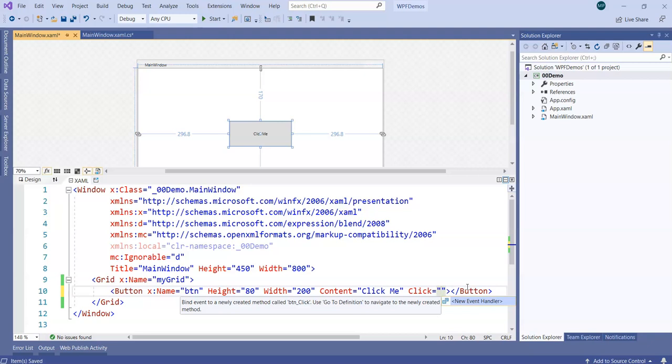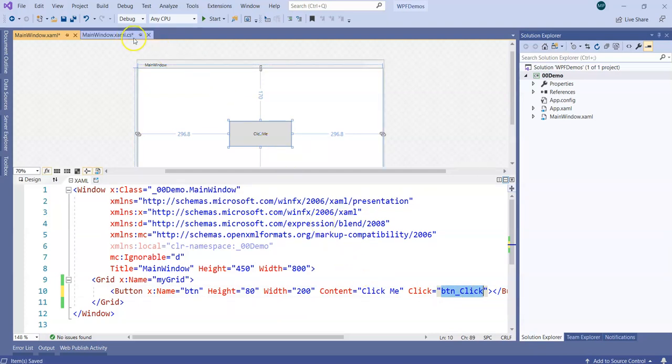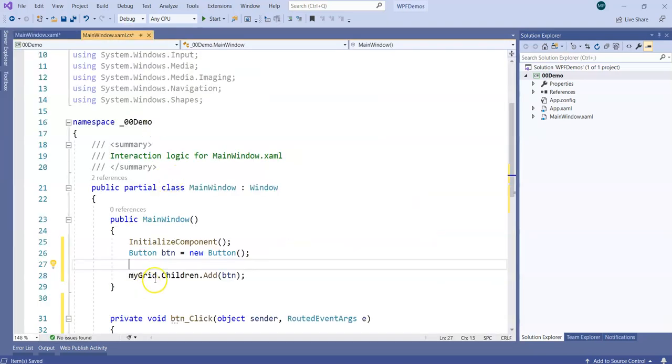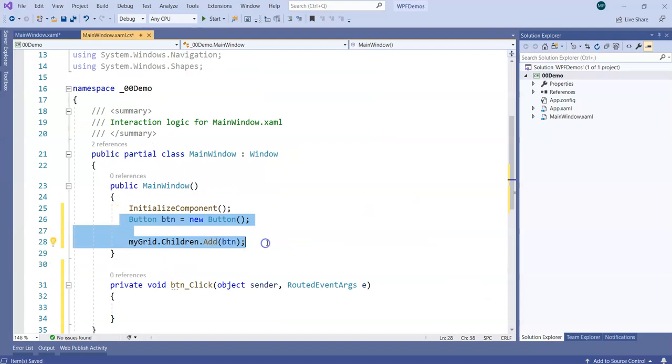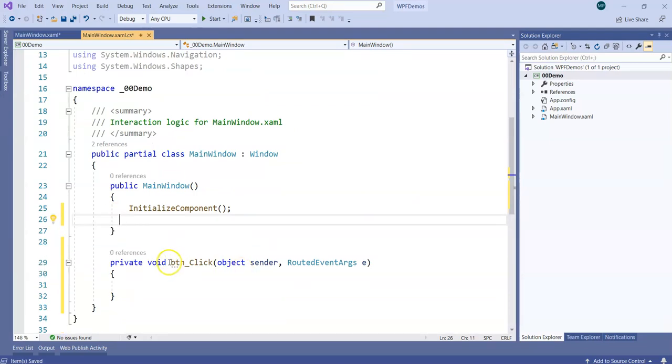I'm going to say generate a new event handler, and it is going to expect a method called button_click. At the same time, this IDE, Visual Studio, is also going to add one C# function over here, as you can see, which is called button_click. Then why is this argument RoutedEventArgs instead of EventArgs? Again, WPF has got a couple of ways to handle the events. One is called routing, the other one is called tunneling. We will eventually come to that point soon.